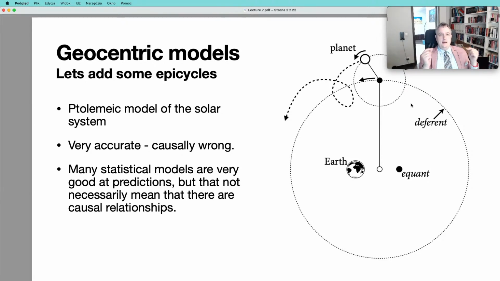However, its predictions using our model are very good, or at least very accurate. And this is very often the case with statistical models, and to an even greater extent with machine learning models, because models are very good at predictions, but they do not represent the